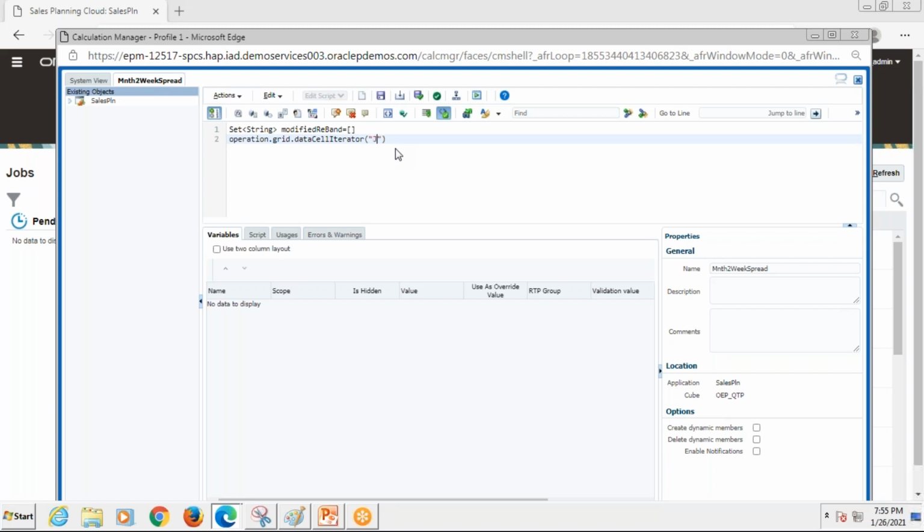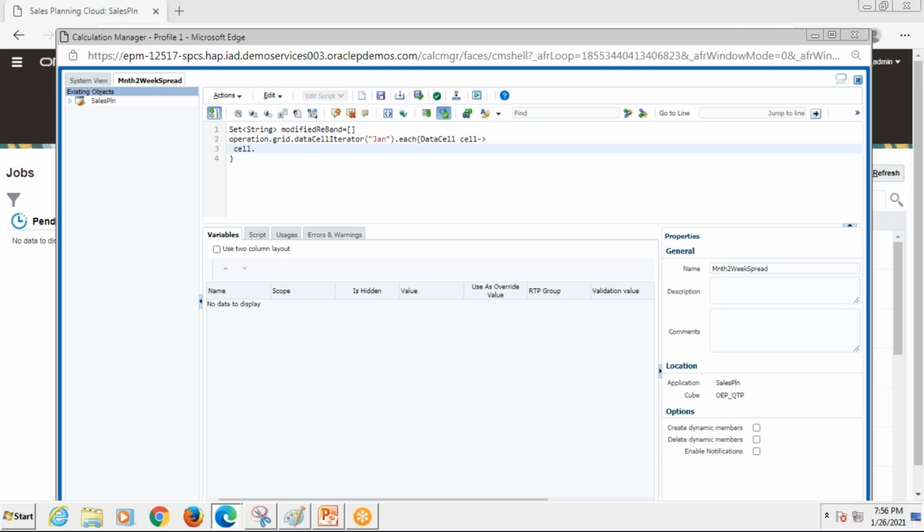When I'm writing this, I will also track. I wanted to do it only for the Jan month, and for each of these the process will run. I'm introducing a data cell object over here, and this will work for this entire process.